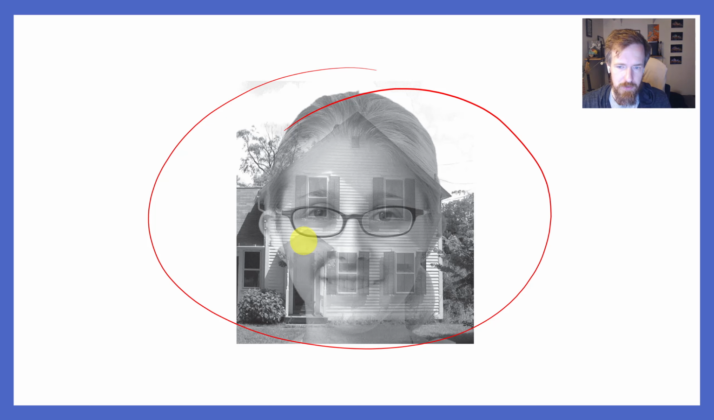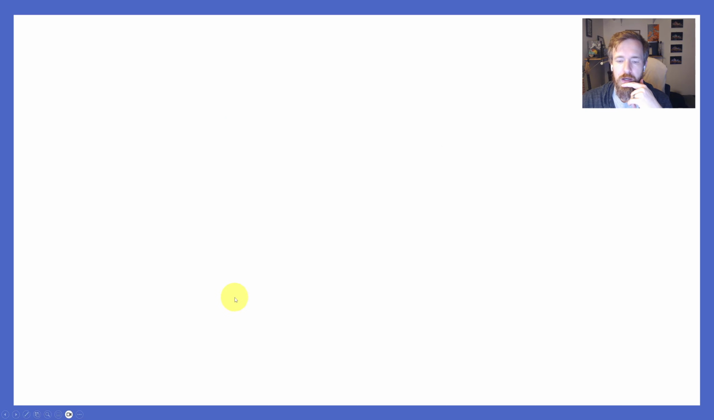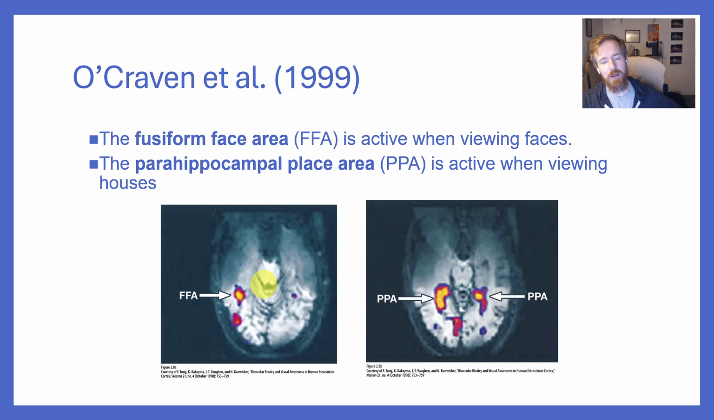Your eyes are seeing both. So why is it that, based on the instructions, you can see one or the other more clearly? What about now, right? Same idea. They were given instructions: look at the face, focus on the face, or focus on the house. And what they found was, and I was wrong, it was